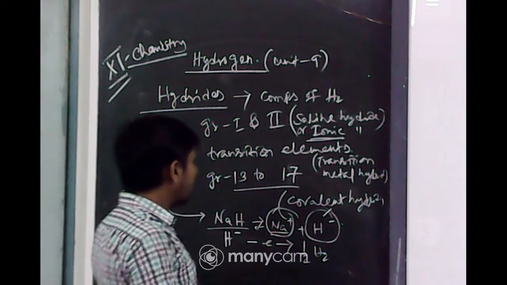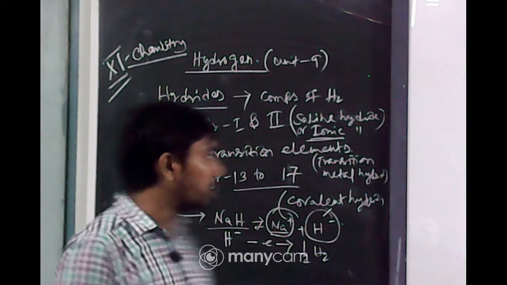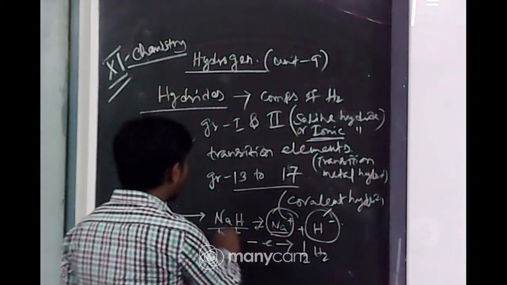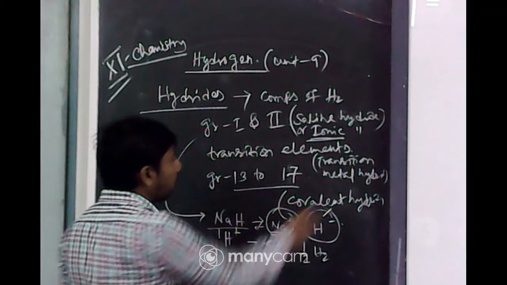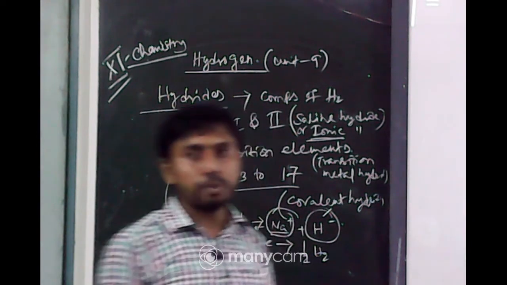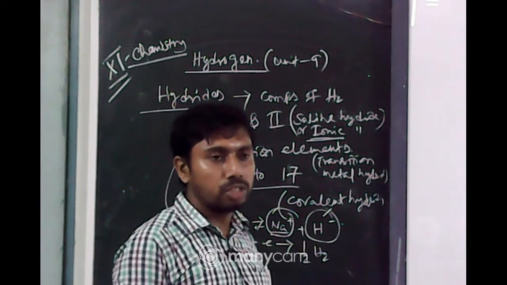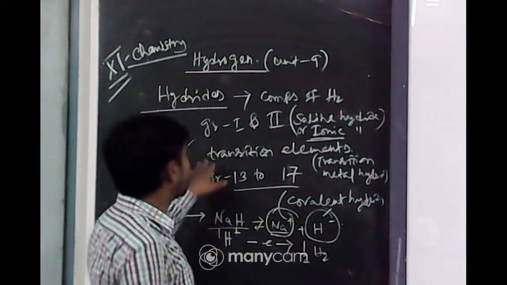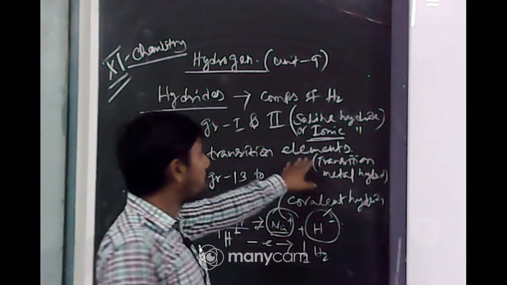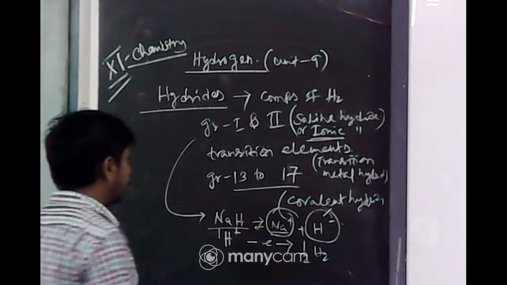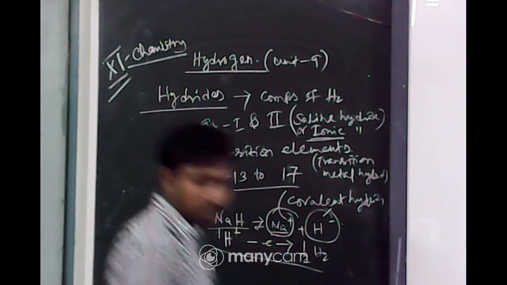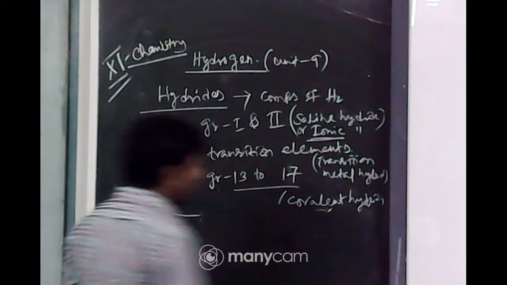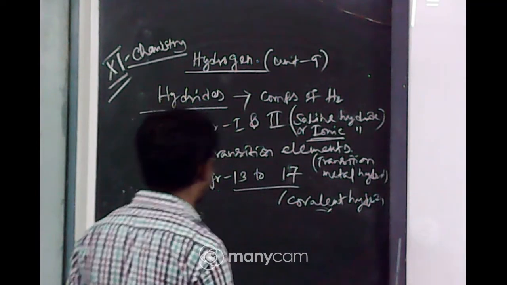Now, stoichiometry. What is the stoichiometry? That means NaH, here the number of atoms is equal, 1 and 1. The covalent hydride is also stoichiometric. That means, suppose CH4, here the atoms are joined in whole numbers, that is 1 or 2 or 3 or 4, not a fraction. But in transition elements there is an exception to that. Now this is about ionic hydride, and its stoichiometric ratio is maintained here.